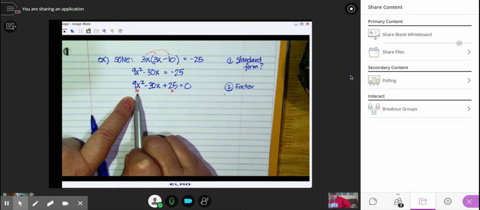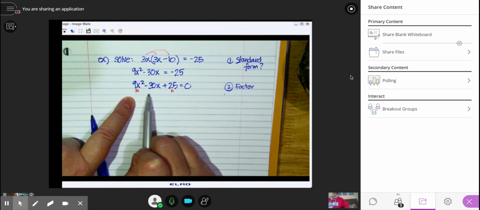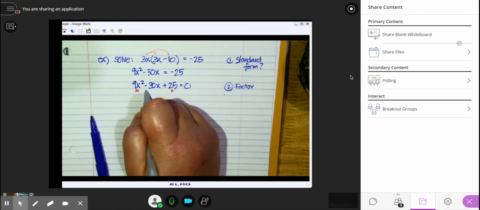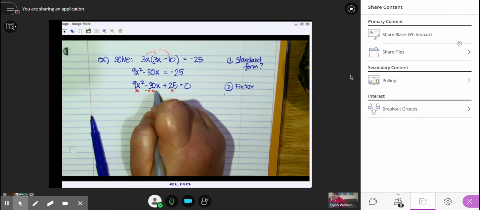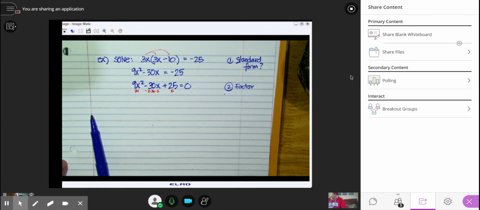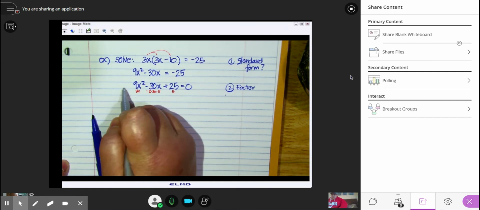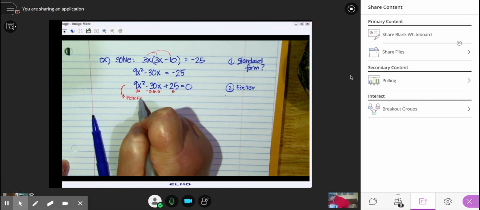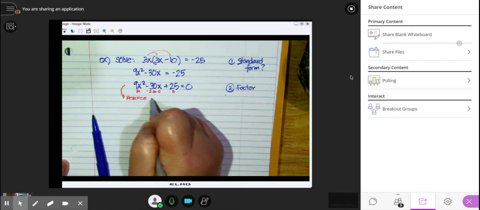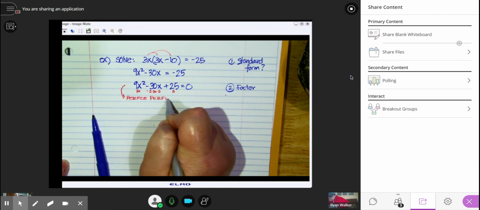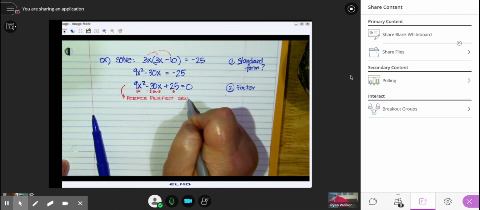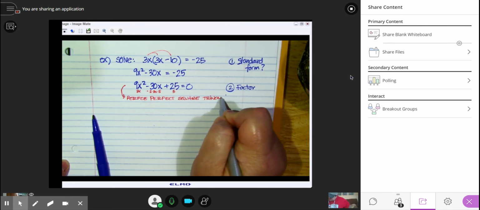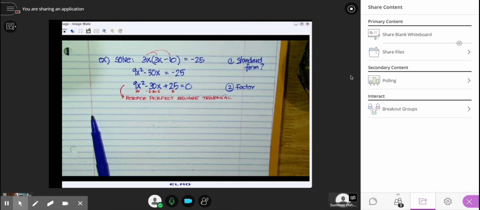Well, what's 5 times 3x? Yeah, so that just means I'd need a minus, right? Minus 2 times 3x times 5. So because this fits the pattern, I know that this has to be a perfect square. Whoops, I can't spell. Perfect square. So that has to be a perfect square trinomial,